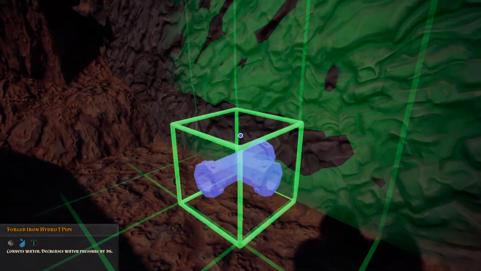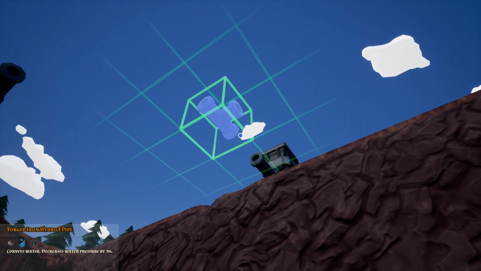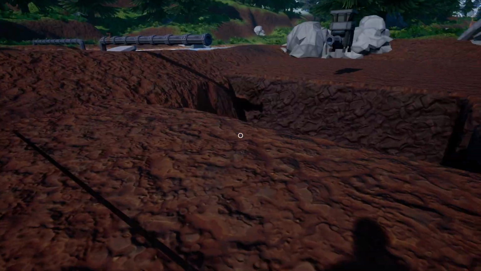elevators that we'll need. So, 1, 2, 3, 4, 5. Yep, it should be 6. We'll buy 7 just in case. If we have extra, oh well, we can use it at